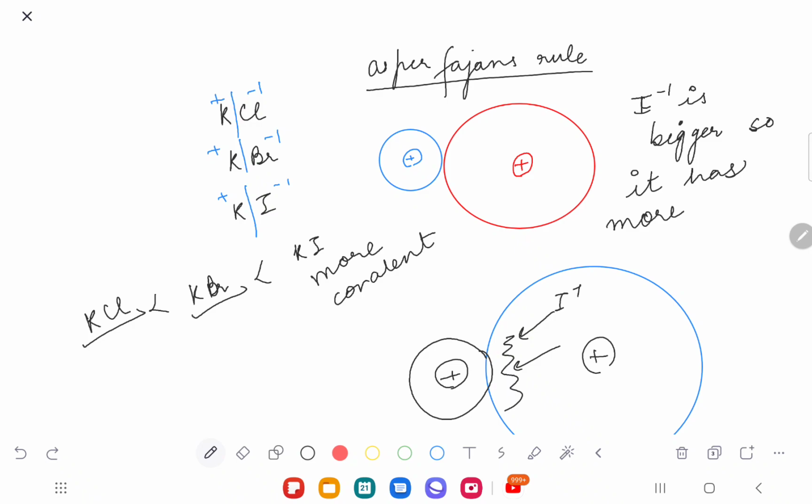Okay, fine, I'll discuss. So we have I negative, a bigger anion, so it has more polarizability. More polarizability would mean that it is not holding its electrons tightly. So the cation could pull it. Exactly, exactly. Very good. So cation,